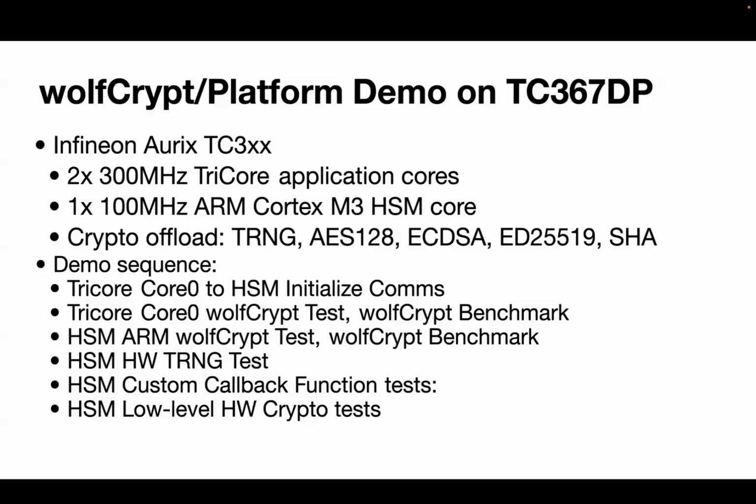So let me jump into a couple demos. I think I have plenty of time to do this. So I'm going to work through two different demos. This first one is on a TriCore 367 DP. This is a dual core TriCore. It's got a